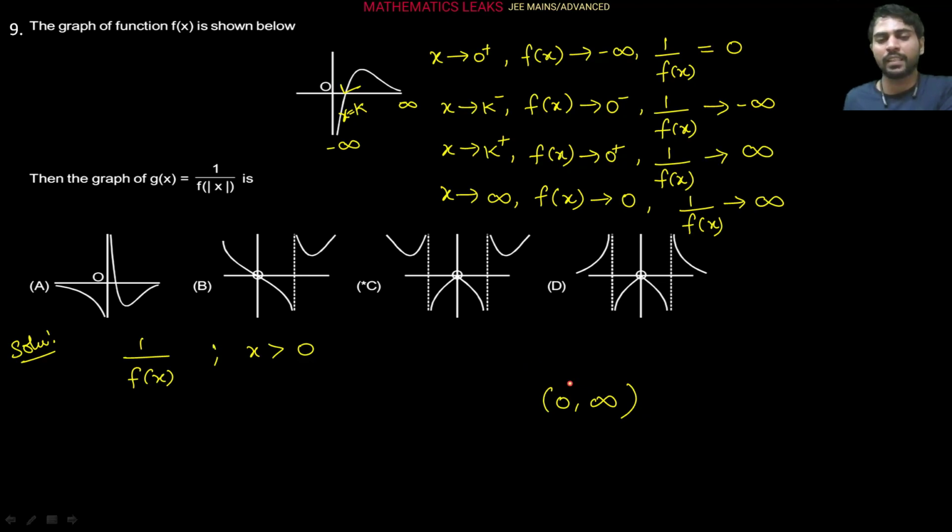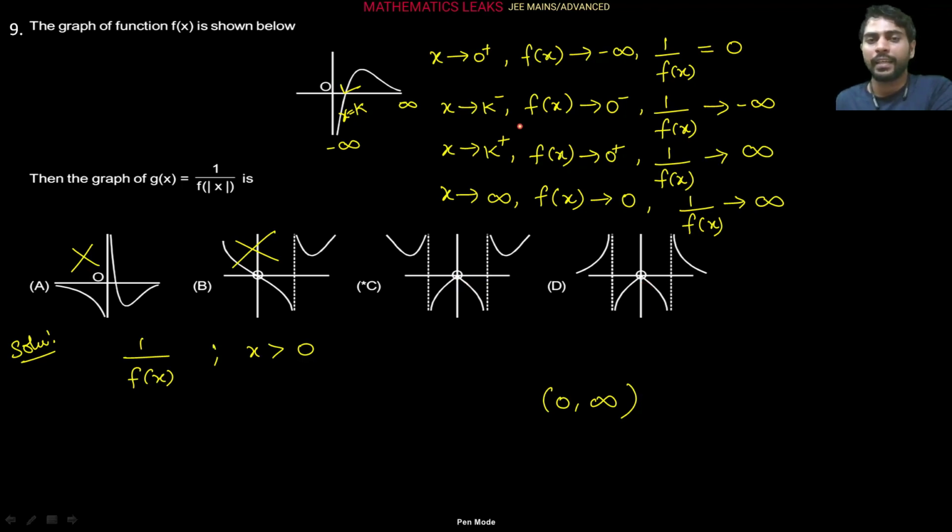So in this case you can see, first of all, the graph will be symmetric as I already said, because the argument is having a modulus here. So this graph is not possible and this graph is also not possible because there is no symmetry about the origin. Correct? These two graphs we have to analyze to see which one is correct. So you can see in the 0 to infinity region, when x is approaching 0 from the right side, f of x is approaching minus infinity, and 1 upon f of x is approaching 0. So this is approaching and this is also approaching, right?